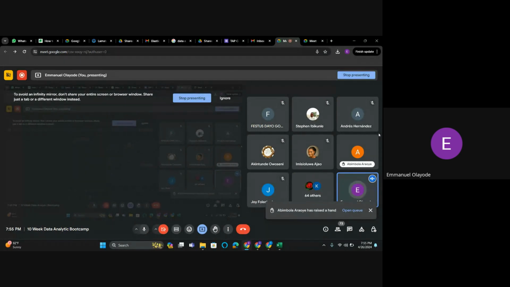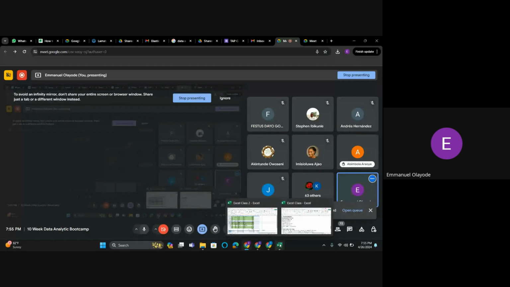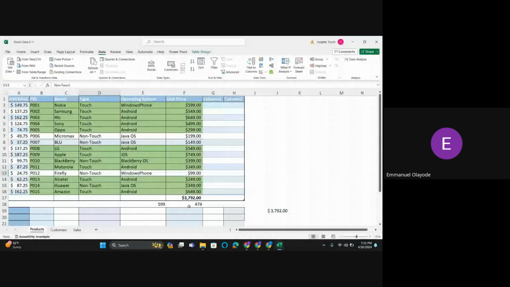So for Inisi Olua, let's go back to the SUMIF. Let me take it over again so that you can have a better understanding of it. And I think we are going to be rounding up with that because our time is fast spent. So for the SUMIF, one thing you wanted to know is this: an IF statement is a conditional statement, you want it to do something if a condition is met. For example, do a